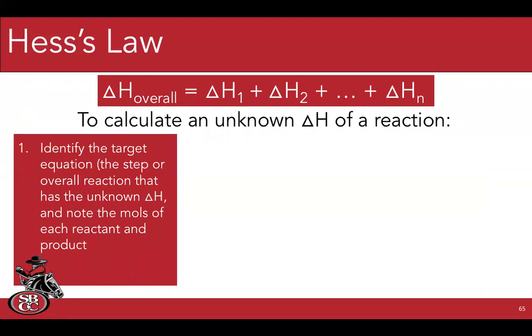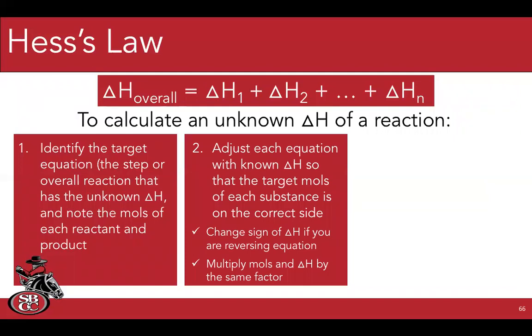So the way to use Hess's law, this overall enthalpy change, is the sum of all the changes of their steps. The first thing you have to do is identify a target equation. What is the overall reaction that you want to generate, but for some reason you can't? You have to know that before you can begin. Then you need to figure out what reactions you have to find the delta H1, the delta H2, the change in enthalpy for all of the reactions that you want to add